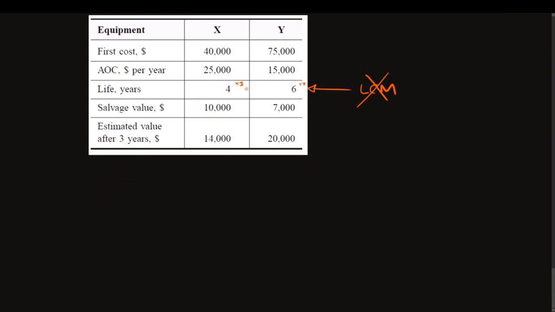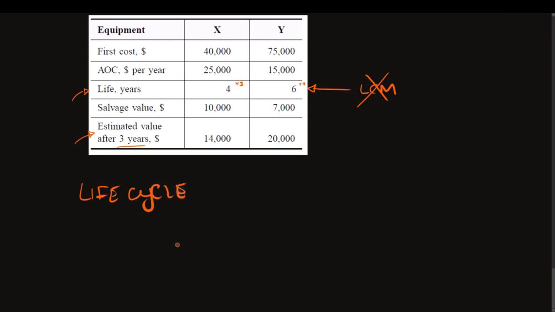So we have 2 pieces of equipment, uniquely named X and Y. Each has a first cost, annual operating cost, a life, a salvage value, and an estimated value after 3 years. So let's analyze these, first looking at the full life cycle, and then second looking at just a 3-year time frame, since it gives us its estimated value at 3 years. So that means we could sell this for this salvage value instead for only 3 years. So if we were going to look at the life cycle,